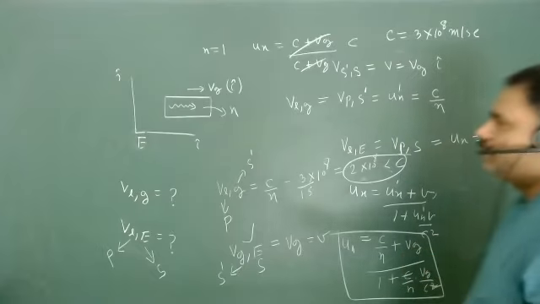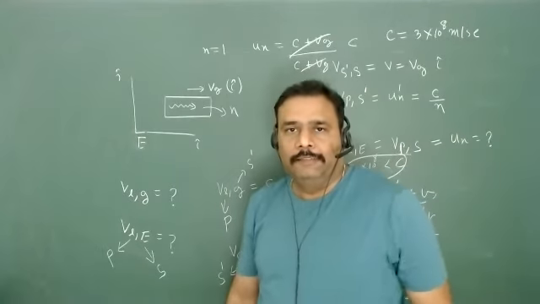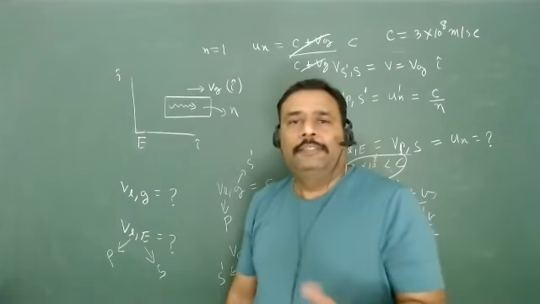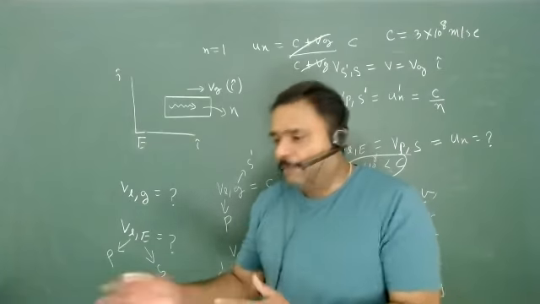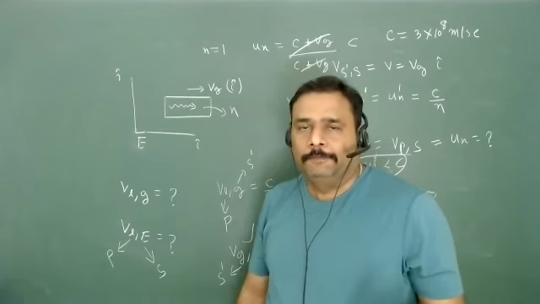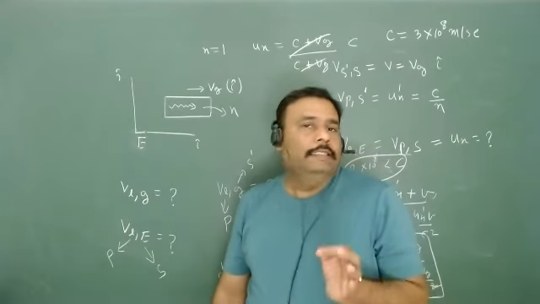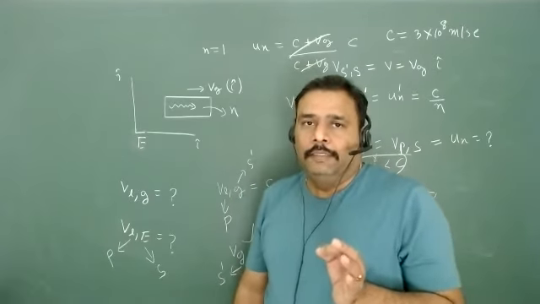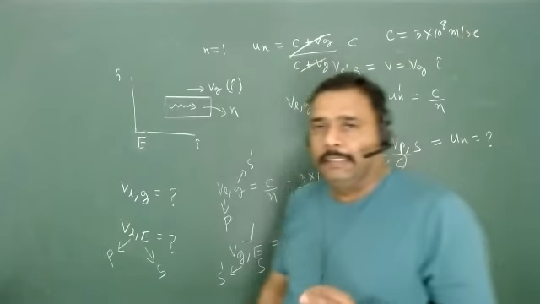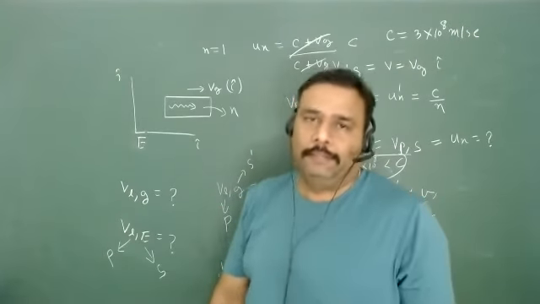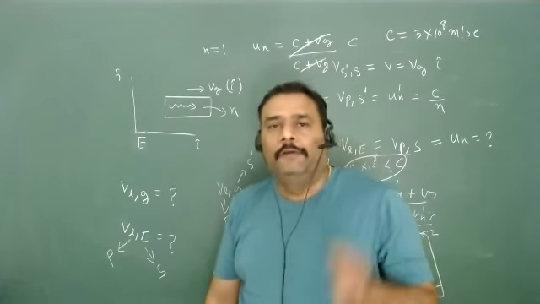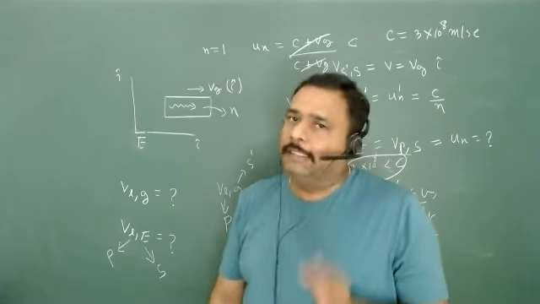And you can put Vg is equal to some 8c. Just put Vg is equal to some 8c, put n is equal to some 1.5, and you will see the speed of light is going to change. So the very important thing is that number, 3 into 10 to the power 8 meter per second. This is going to remain invariant. And yes, physically this number is nothing but the speed of light in a vacuum.